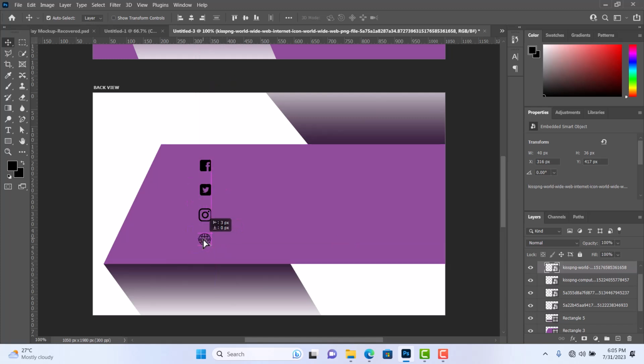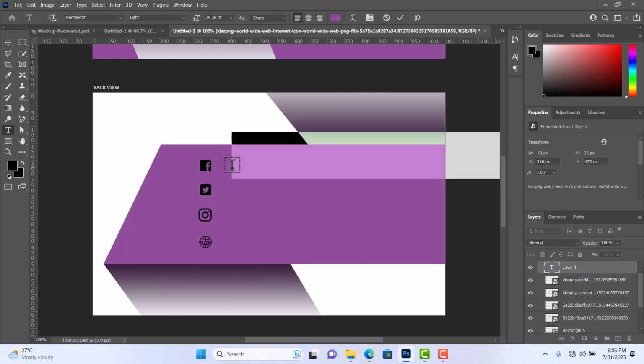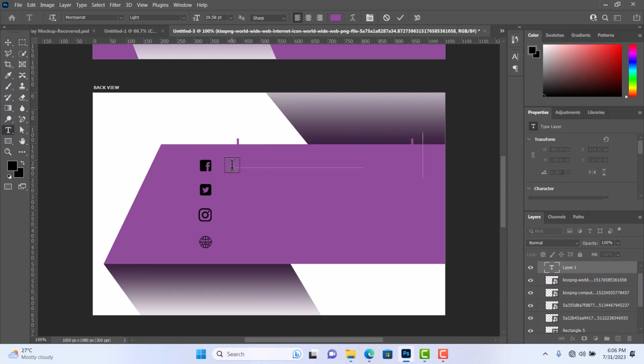Okay, all right, this is what I want. So we have this. So I can just click on my text tool and input the social handles of the brand. So let me say the handle is Allotech Designs